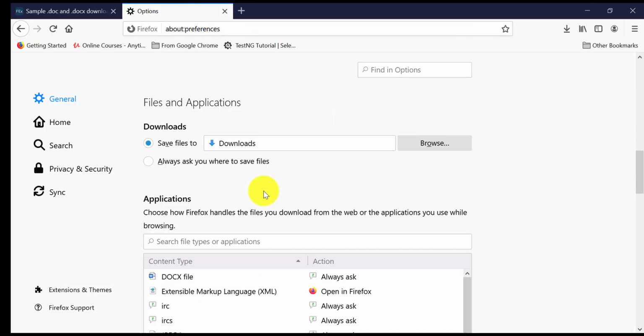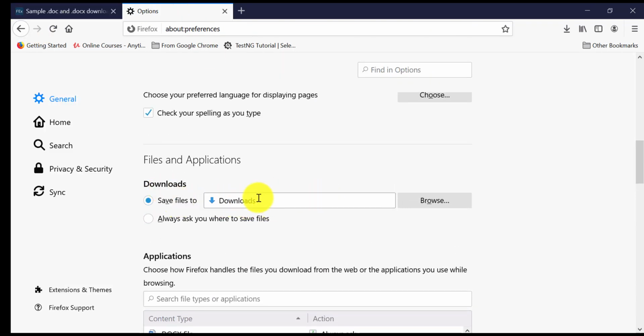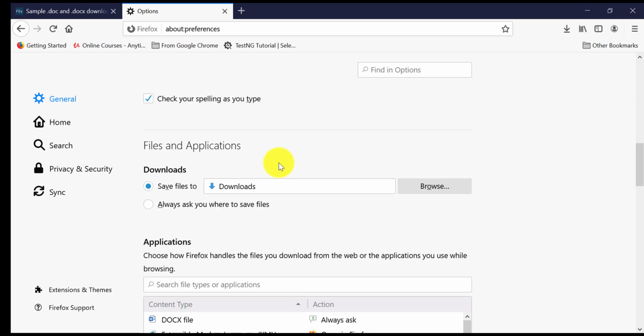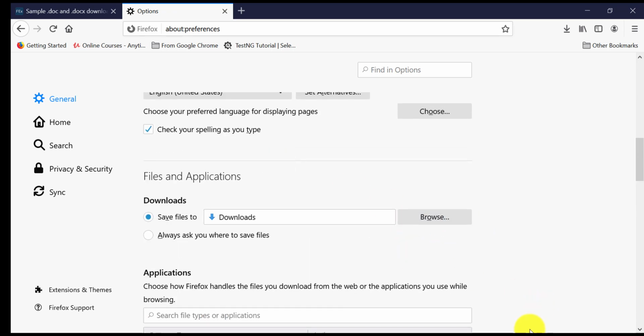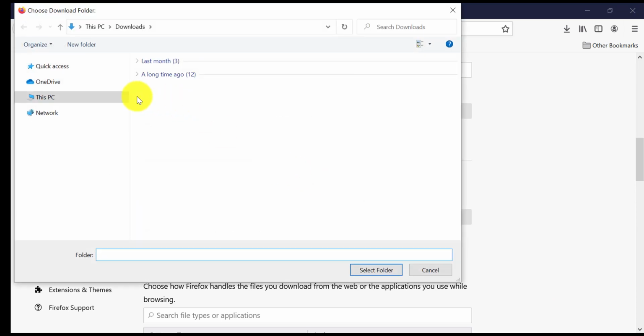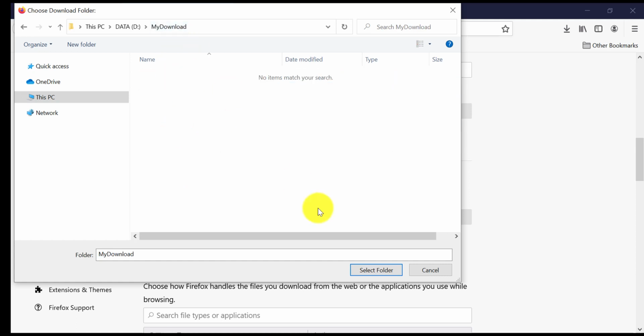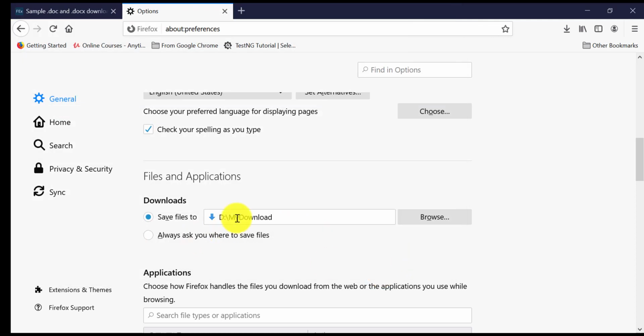Okay, it's opening. You can change this download path also, whatever user-defined location. If you want to save that file, you can set that through the automation script. Okay, for Chrome we have already done, so we will see for Mozilla now. You can change it manually if you want to do. You can go and, if you want to save that in this folder, okay, you can select this folder, it will save files to this folder. Okay, like that.